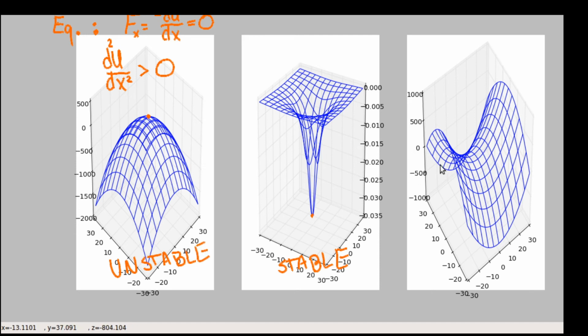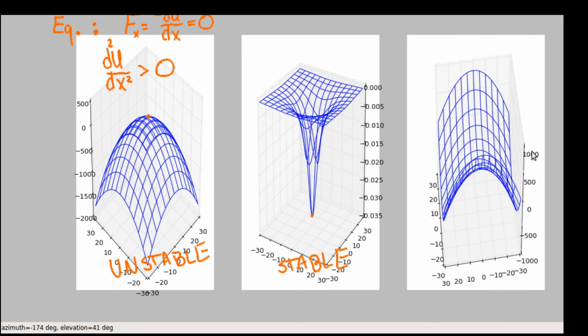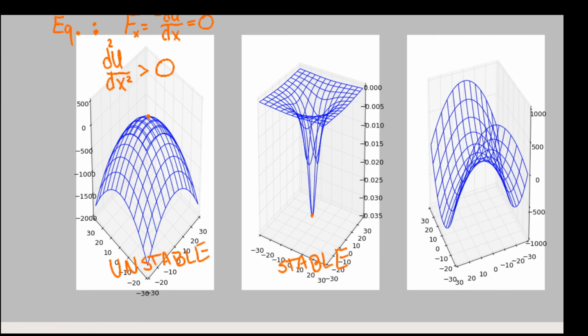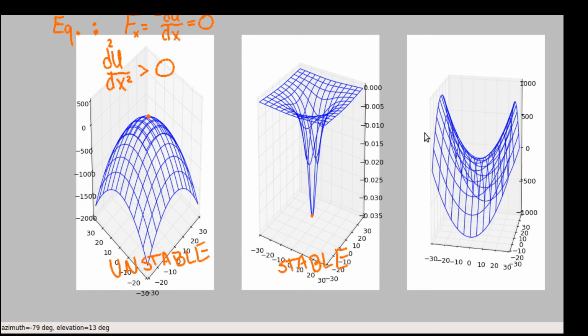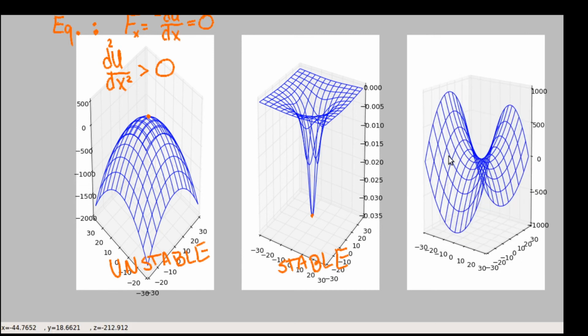But in 3 dimensions, well, in 2 dimensions, we have other kinds of point. This point is like the middle of a Pringle chip or the center of a horse's back. And for that reason, this is called a saddle point. Here you can see that along this dimension, this function looks like a negative concave down parabola. And along this dimension, the function looks like a concave up parabola. So this saddle point